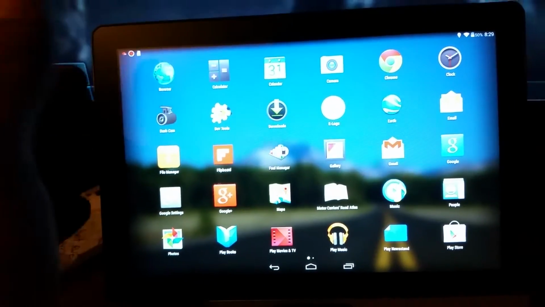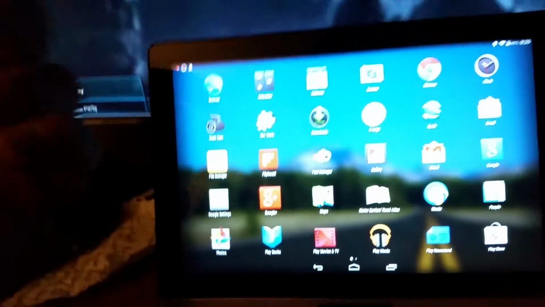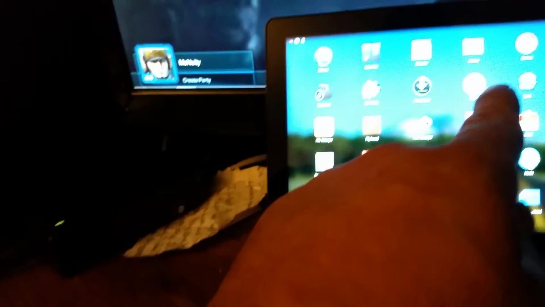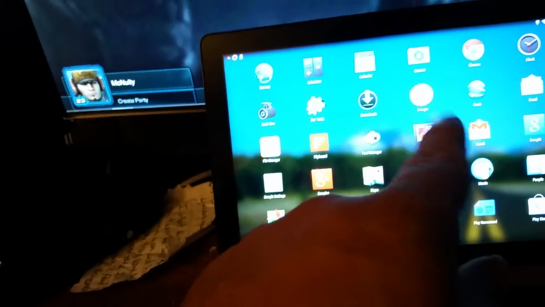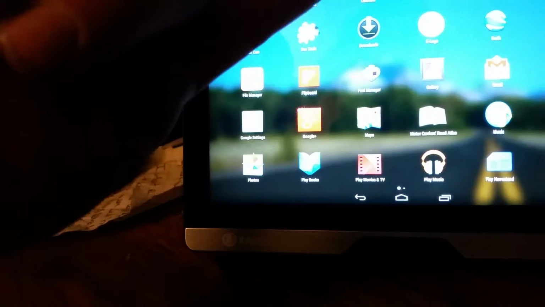You got all your apps that you have with your phone. You have the internet browser, calculator, calendar, all the above. You even have electronic logs, which I don't need to use, but I'll go ahead and take. Oh, I don't know what I just did. But anyways, you have your e-logs. I don't need that for the simple fact that I have my own logs with my company. It's electronic. You have file manager, music, Google Earth, and if I can focus it,